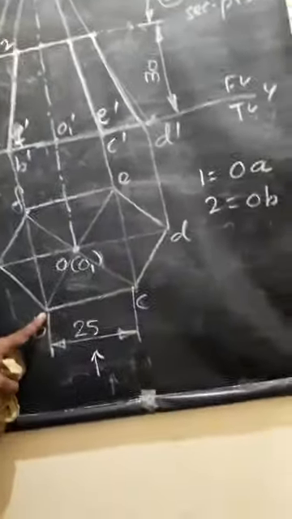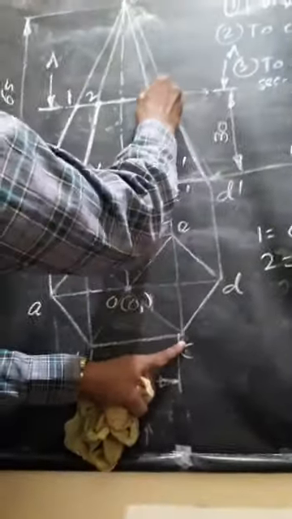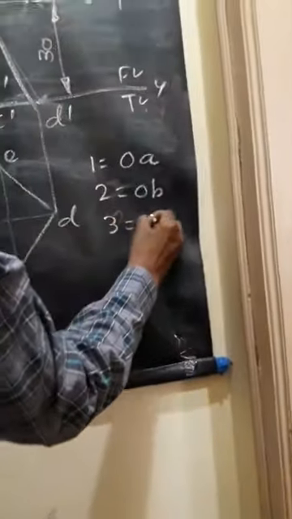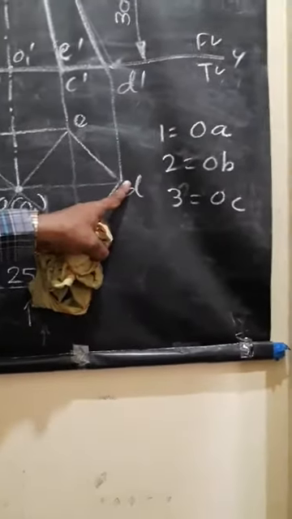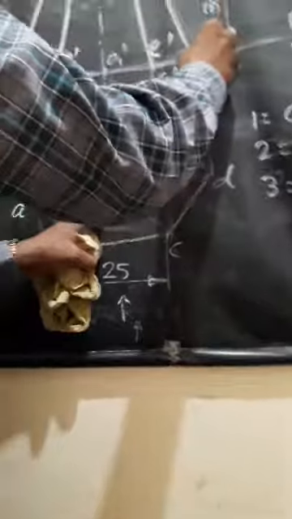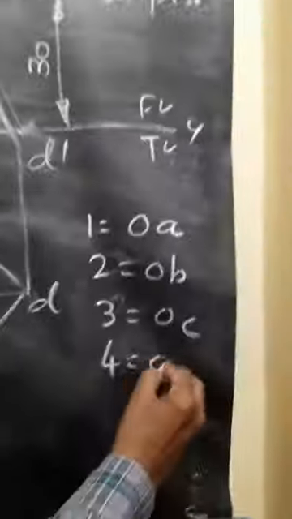You can write there. Go to the next point C. OC slant edge. Check this same slant edge in the front view, whether the section plane is cutting OC or not. It is cutting here. So mark this point as 3. Point 3 is on OC. Go to the next point D. OD is the slant edge. Check this same edge in the front view. It is cutting here. This point is 4. So point 4 is on OD.